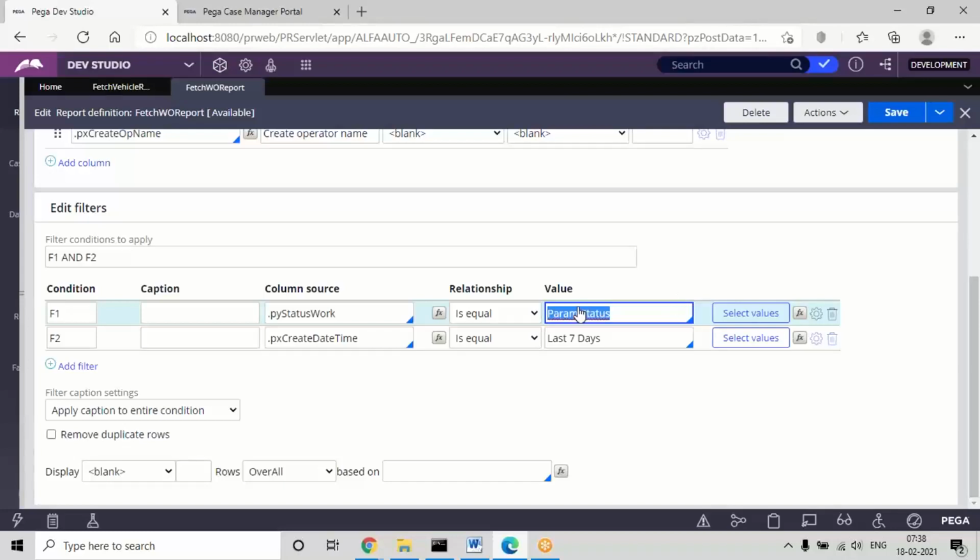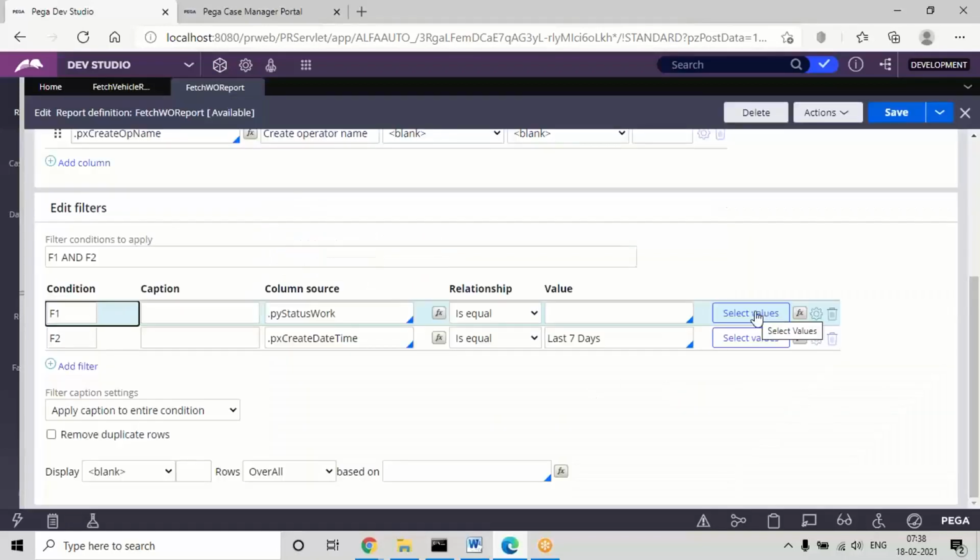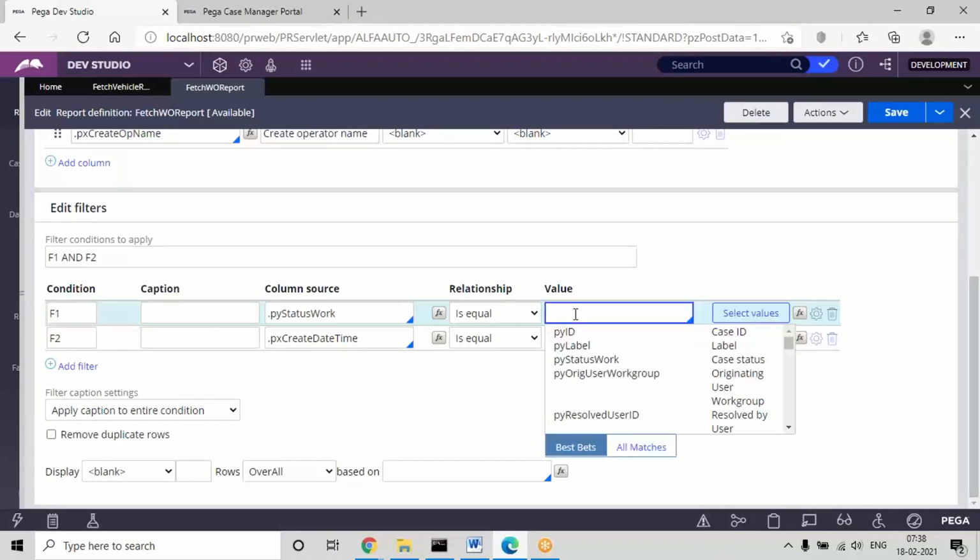If you want to see the associated values with this property, these are the associated values: new, pending customer info, vehicle info. In the future, if you add any user defined status in the application, or for any flow shape, if you define any status, those also will update automatically in the column list. But as of now, these four statuses are defined in the flow shape, so it will only show the four values. So I can directly choose the parameter name, which is status,